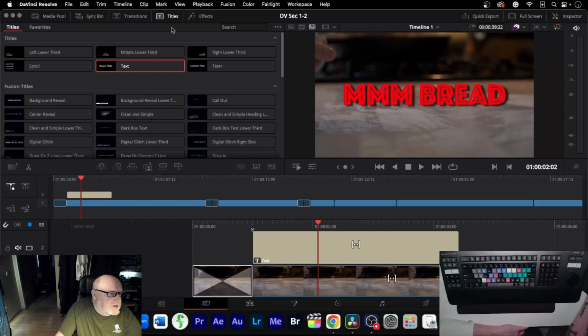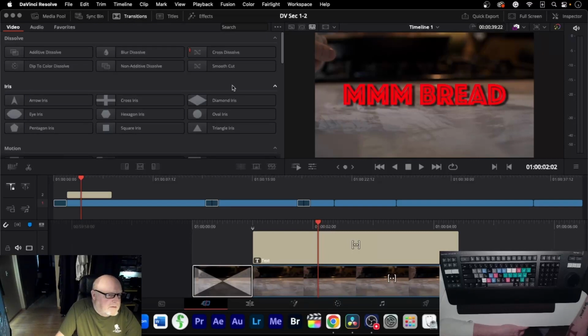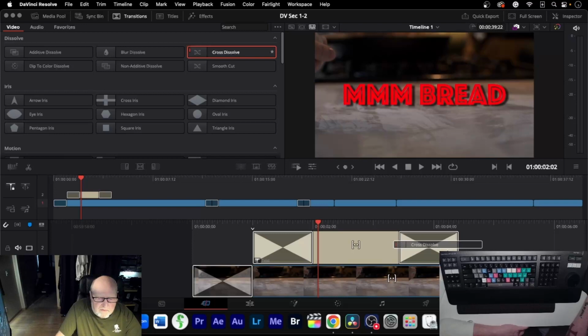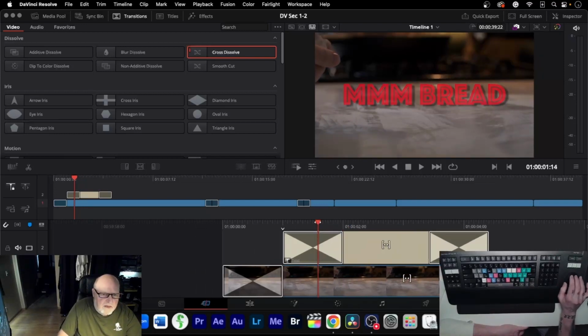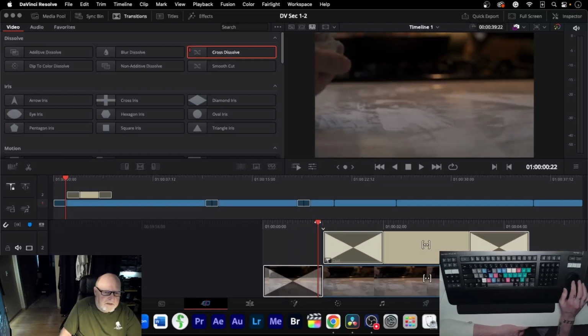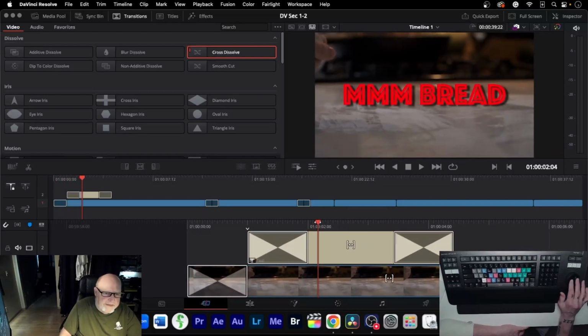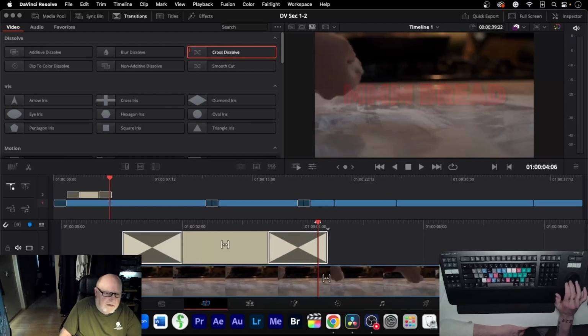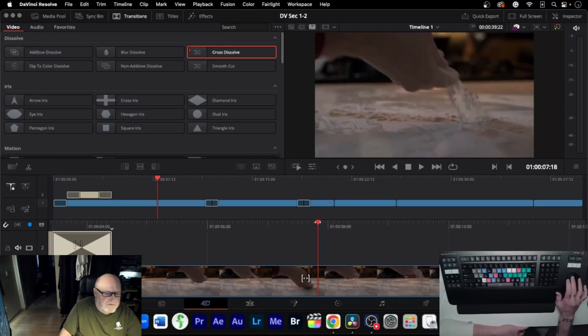So a kind of poor man's version of animating this and easing it was to come up here, and you can come on top of this and add a transition, just like you can on any other piece of video. Cross dissolve. So it appears that the whole thing eases in very nicely. So there we go. It comes into our shot. Bread. And then out of our shot. Very simple,